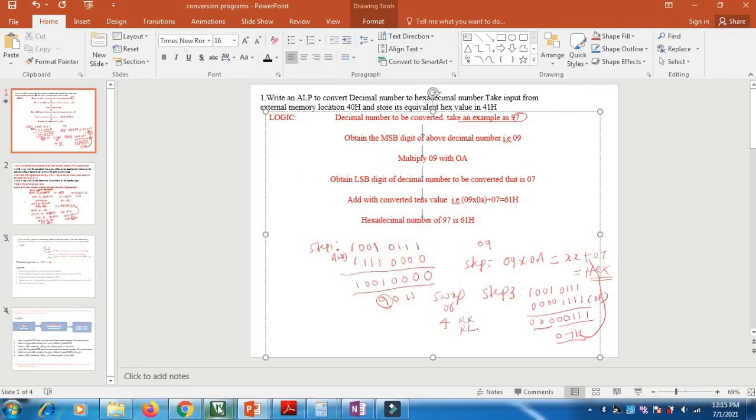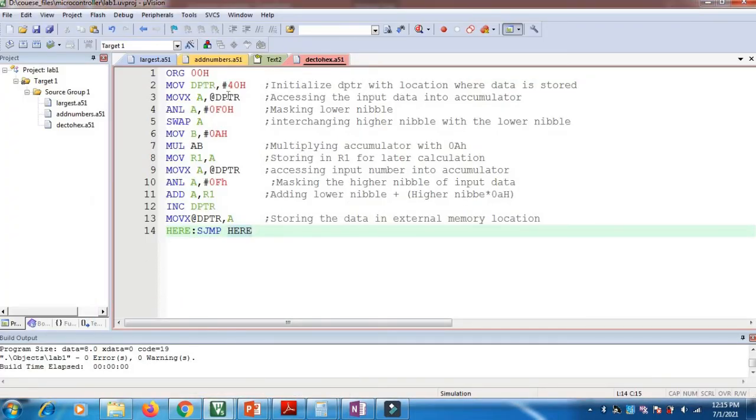So let's open the Keil compiler. Here the program is written. First I'll tell the instructions again in brief. First DPTR is initialized with 40H, where the data is stored, and then we access the data into the accumulator.